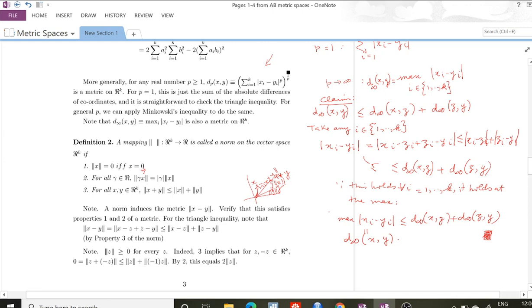So rather than begin with a metric space, suppose we start with a vector space, which we're going to do pretty much all the time. So suppose we start with a vector space and we endow it with some norm. Whatever that norm is, that norm induces a way to measure distances between vectors. Okay, so a norm induces the metric norm of x minus y. So what's being said is that